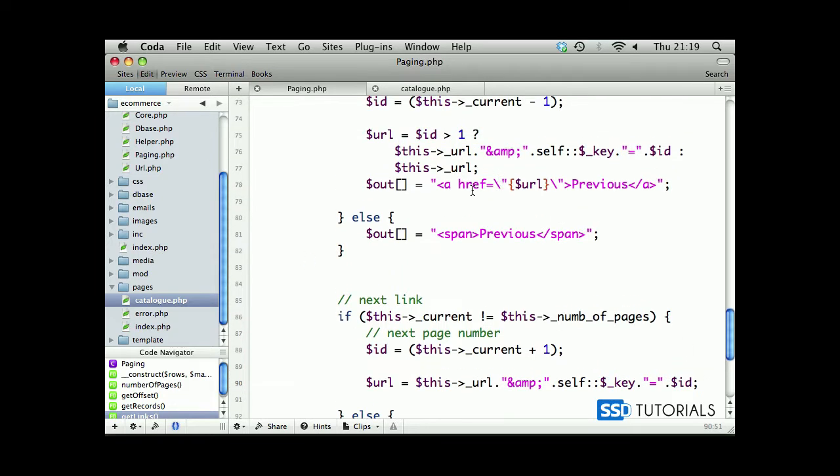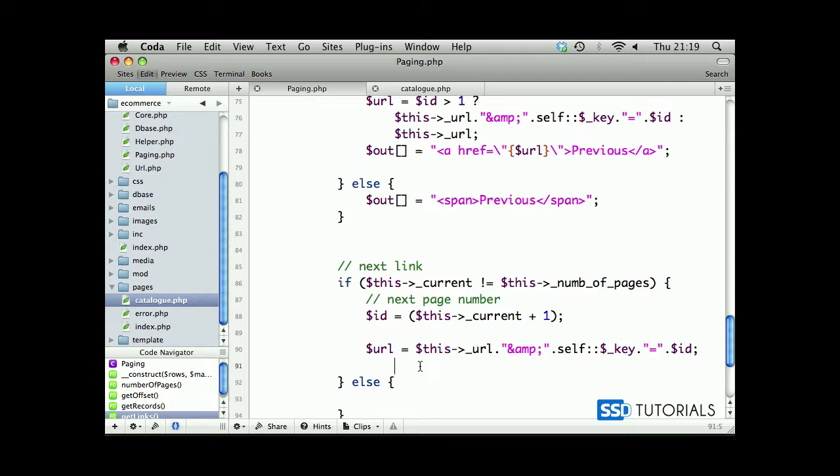Now we don't have to do the same condition as we did here, because obviously next page is always going to be plus something, so plus 1 is obviously in this case. So we're not going to need just the URL, because it's obviously just the URL goes directly to the first page. Okay, now that we have our URL, if we copy our previous statement here, statement which adds our previous